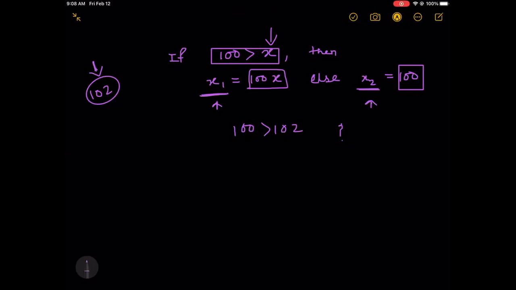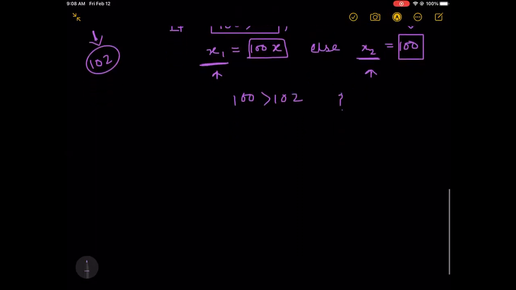No. So I said, if it's not true, my answer is x2 equals 100. Does it make sense? Just try to imagine it, because if you somehow go for a higher mathematical calculation in future, if you do programming like